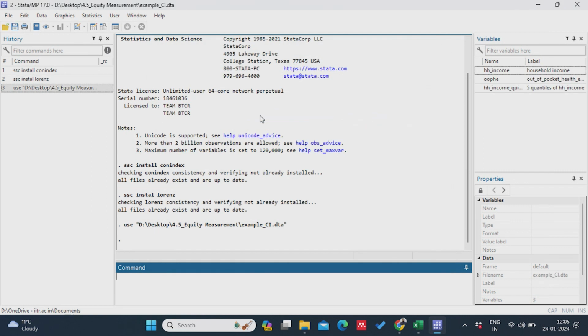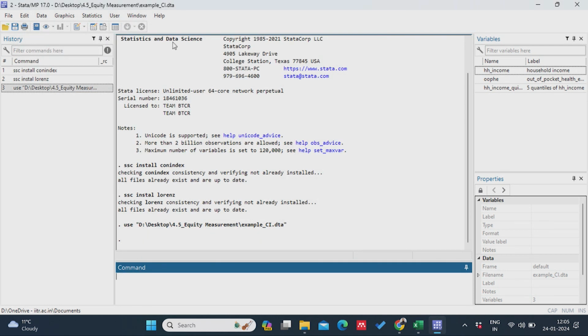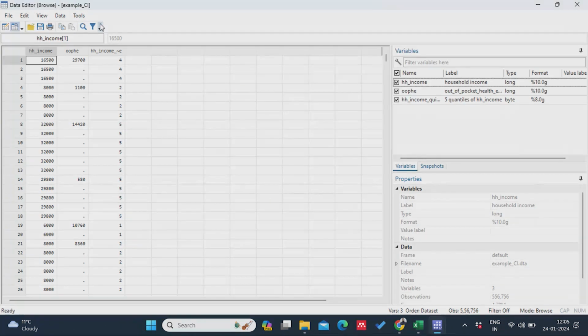I will also suggest how you can do it. Okay. So, once the data is loaded, what the data stands for is out of pocket expenditure on healthcare, and the second one is household income quintile. Okay, but these quintile values are actually plotted against each individual. The most important aspect is that these are actually each individual data. So, micro, hence we are saying these are called micro data,